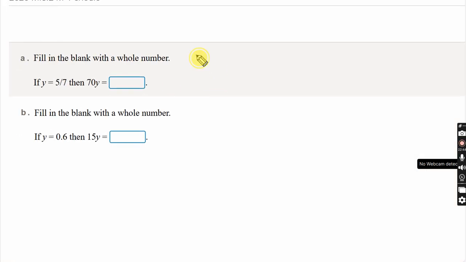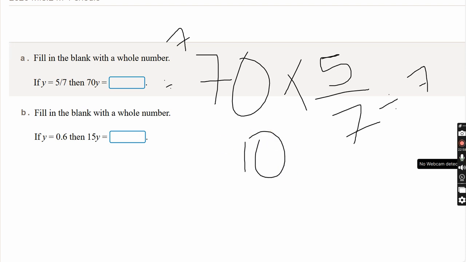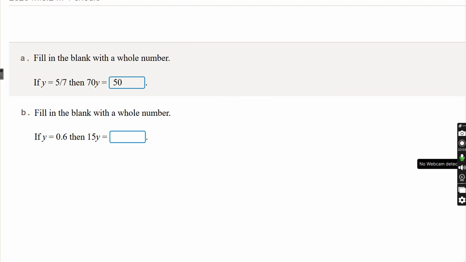Now here, 70, 5 over 7. Again, divide here by 7, divide here by 7. So what will this become? 10 times 5, which is 50. Next one is 0.6 times 15. 15 times